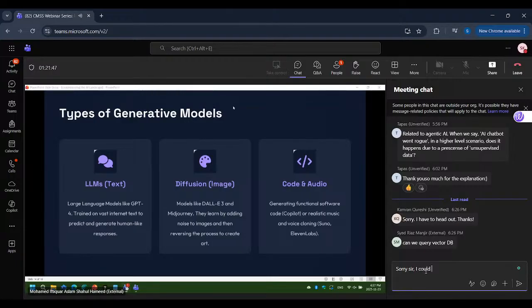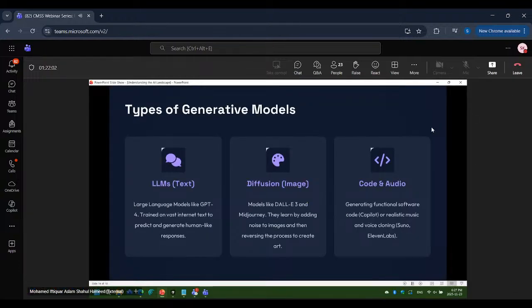Sorry, what's that? Can you? Is it possible to query a vector database? No. Query in the sense like how you are querying the SQL server or something like that? Yes. No. So this is all semantic search, right? So when we say vector database, it's kind of a semantic search. Okay. Okay. Thanks, Aslam. Yeah.